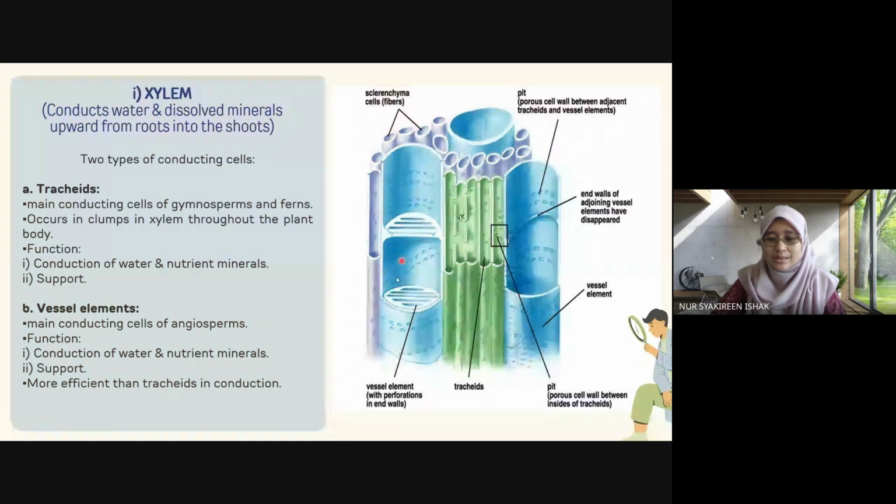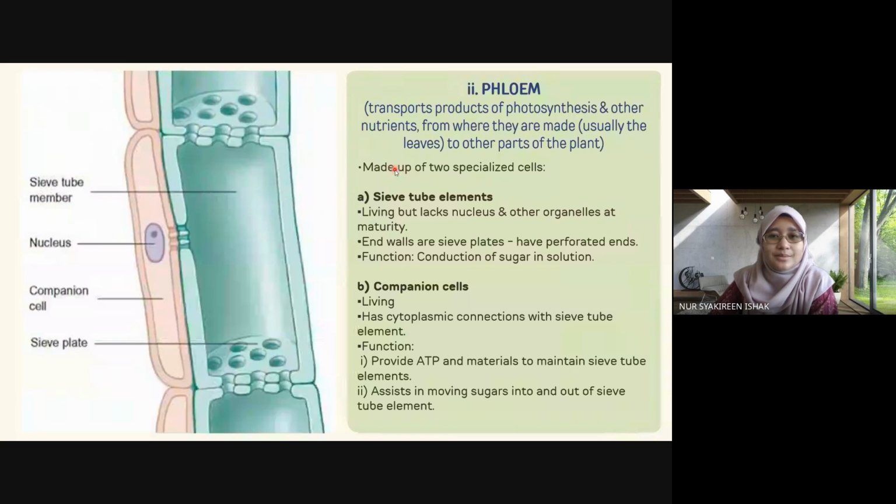Okay, so as you can see, the size is bigger. It has perforations so that water and also minerals can easily pass through from one cell to the other cells, right? So these are the xylem. And then for the phloem,